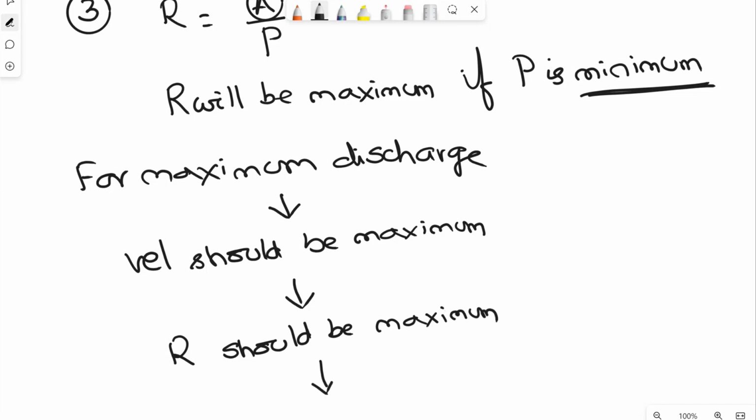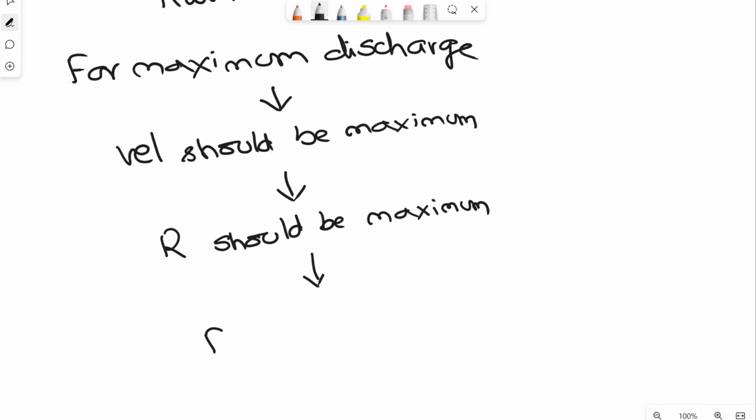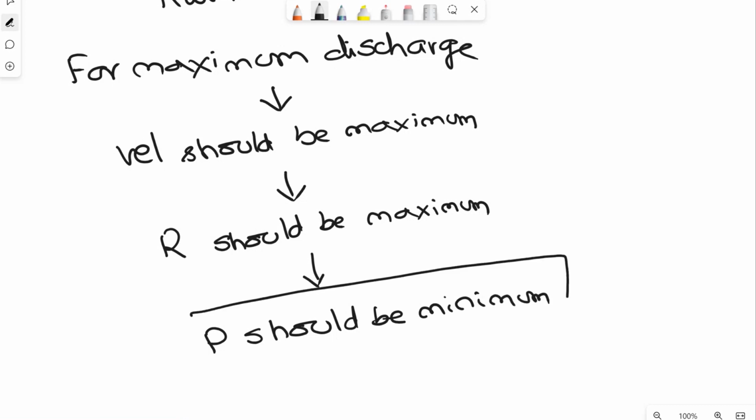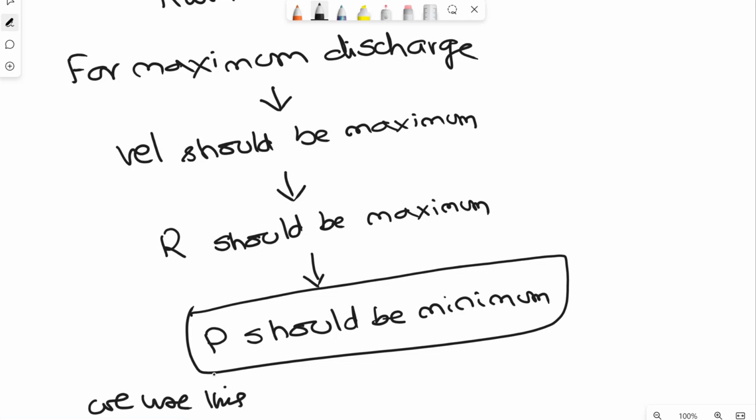And if R should be maximum, then P should be minimum. So we will use this condition, that is P is minimum,